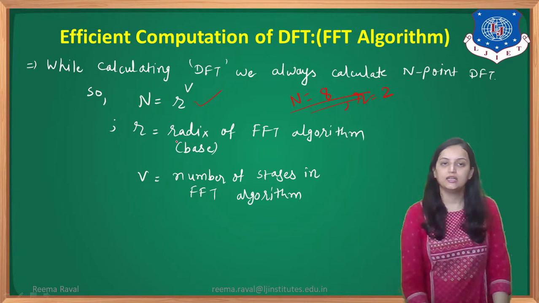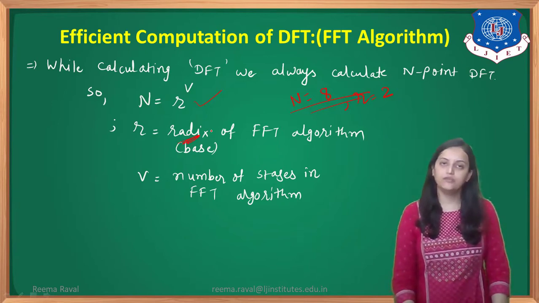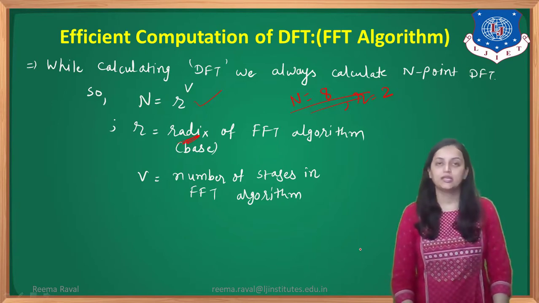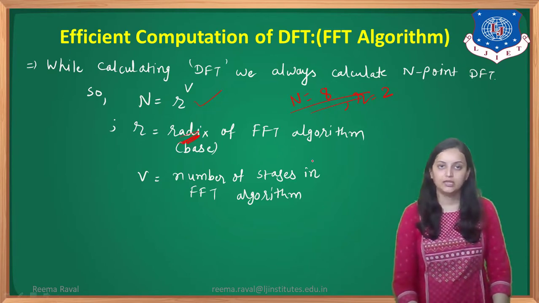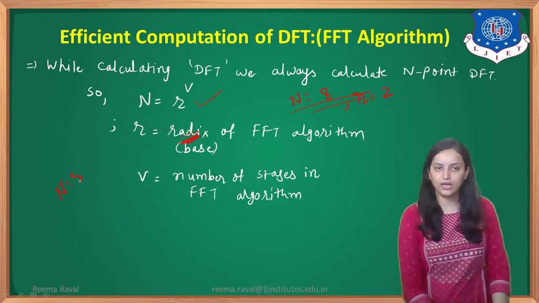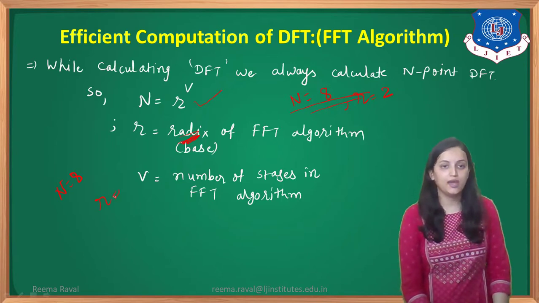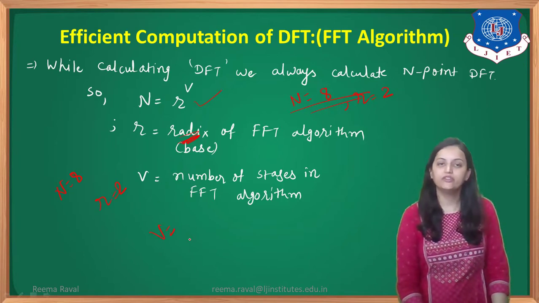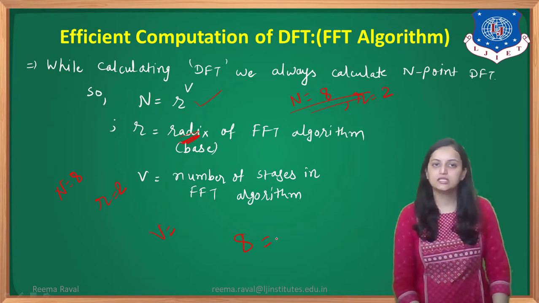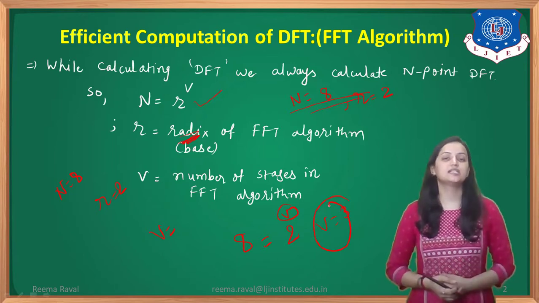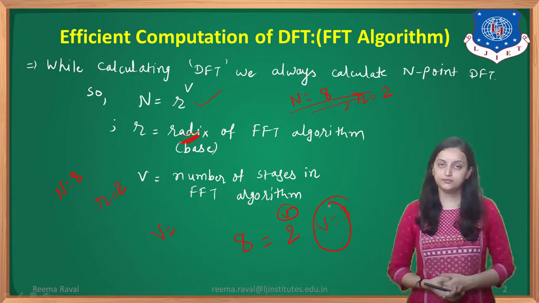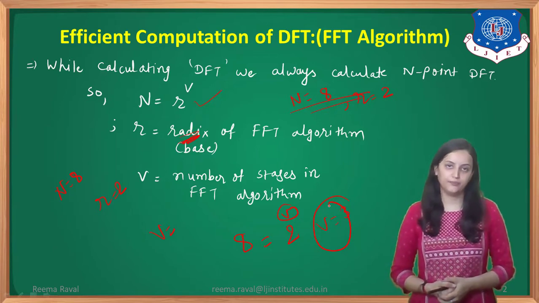Here in this session only we are going to see radix 2 decimation in time and radix 2 decimation in frequency. So what does radix indicate? Radix indicates the base. Let's say for example if we take n equals 8 and radix that is base 2, what will be v? So n, that is 8, equals r, 2 raised to v. So 2 raised to 3 gives us 8. That means the number of stages required for FFT is 3 based on this formula.